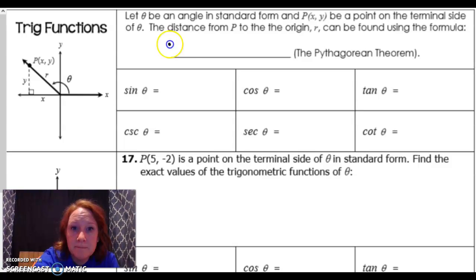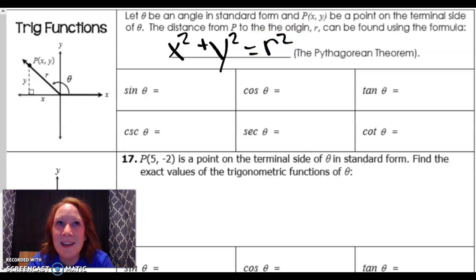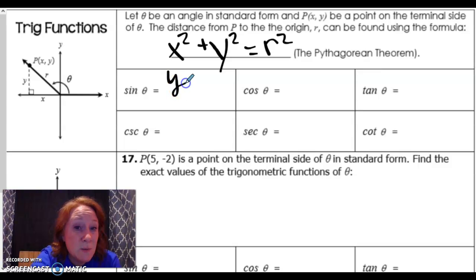The distance from P to the origin, r, can be found using the formula x squared plus y squared equals the radius squared. Hey, it's the Pythagorean theorem, except in a circle. Okay, so if that's the case, the sine is going to be the opposite over the hypotenuse, which is